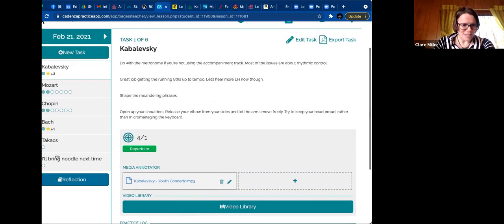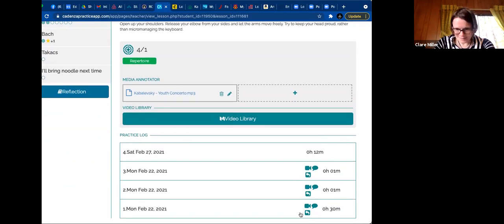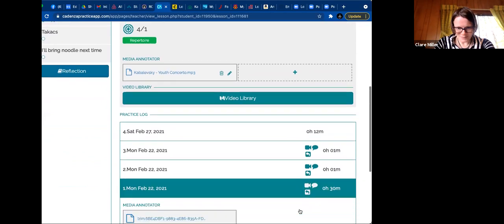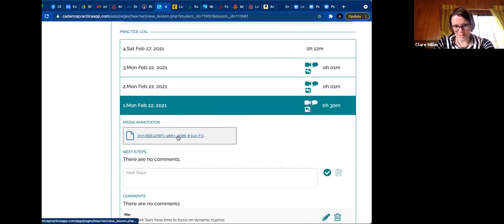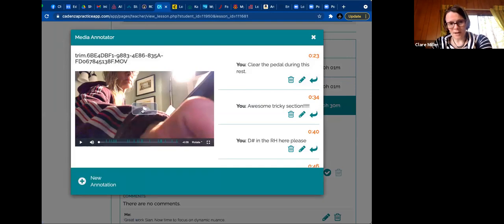And then she sent me, let's have a look. So this is what she sent me, but I don't have a recording yet of her playing together with the recording. So that's next for us, and we're really looking forward to this. This is the original that she sent me, and you can see here the many annotations that I offered